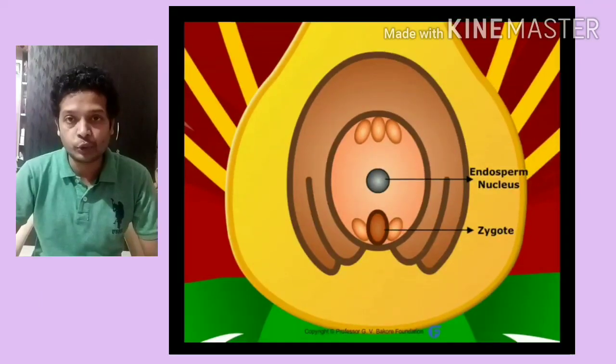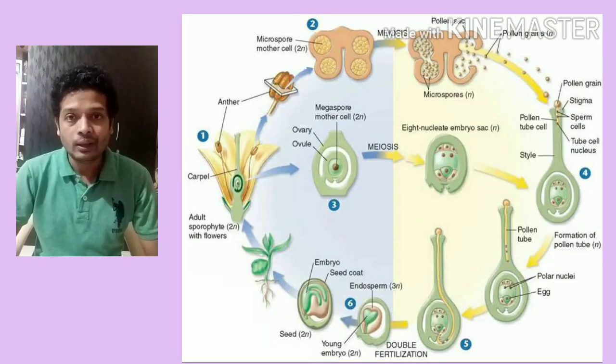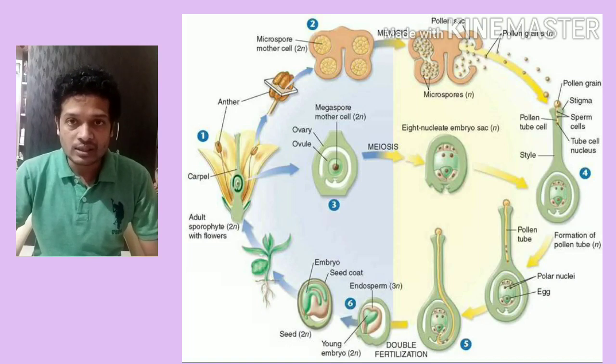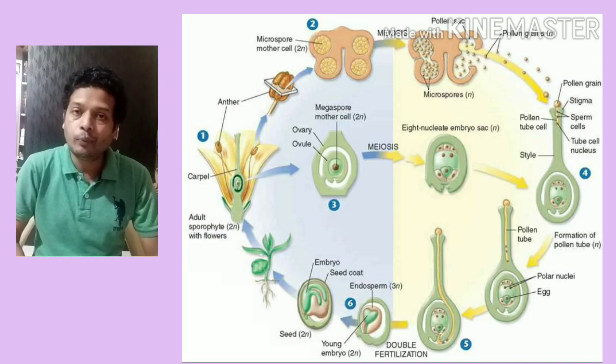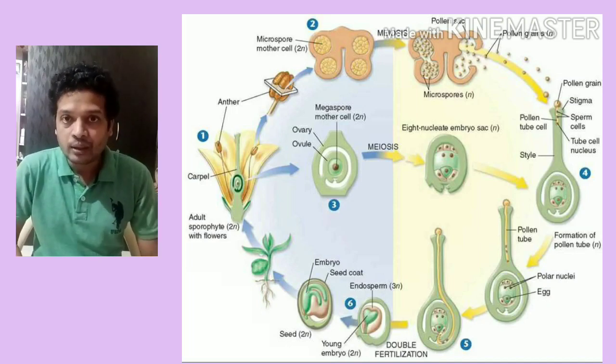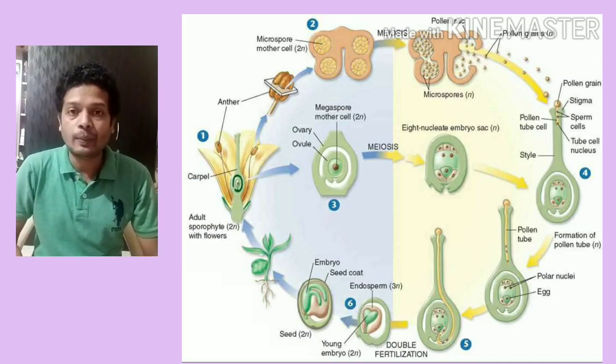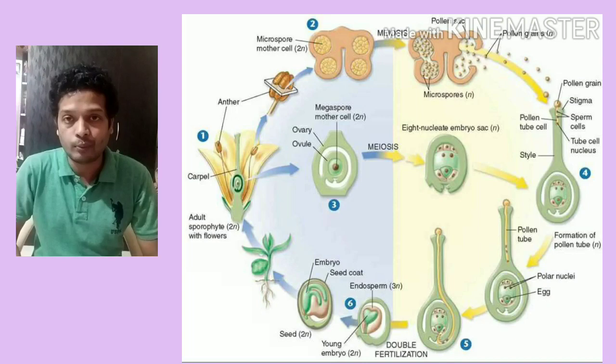So we have 3 nuclei. It is called a triploid cell. So it consists of 3 nuclei, and the egg which is formed is formed by a single male gamete and a single female gamete which was already there in the egg. So a diploid zygote and a triploid secondary nucleus, or triploid polar nuclei, is formed. This process is called double fertilization, since 2 cells are fertilized from a single pollen grain.